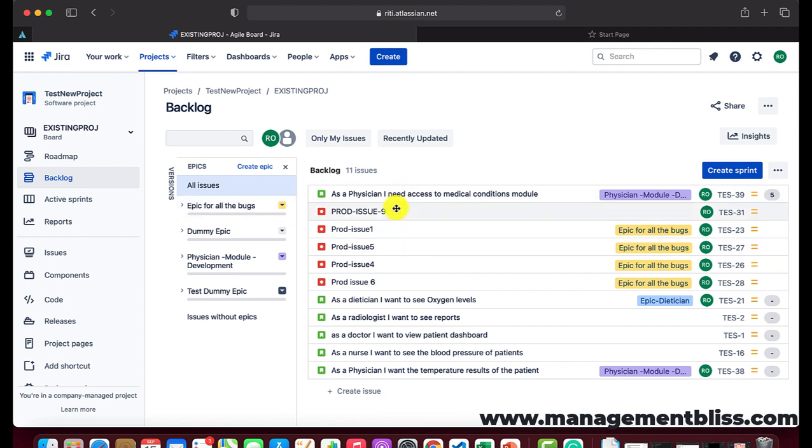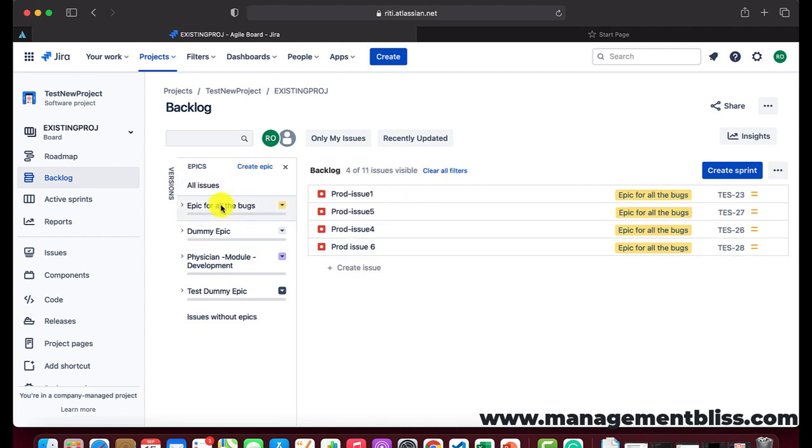For now, there are just a few issues, therefore it does not look like a big task to manage the backlog. But when we have big projects and there are lots and lots of issues, then it's a huge task to manage the backlog, and there the epics are very helpful to us. Based on this show epics panel, we can simply categorize our issues under the epics, and that is what epics are for. As we discussed, it provides a hierarchy for the issues.